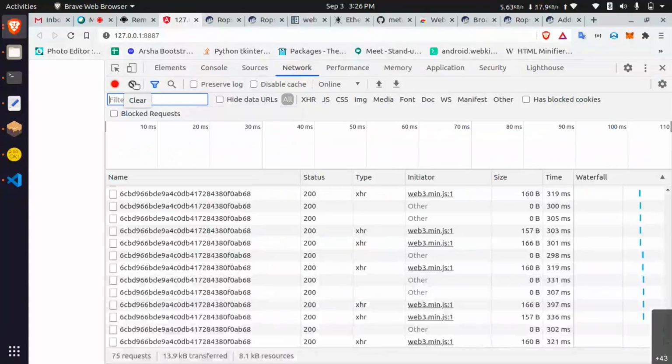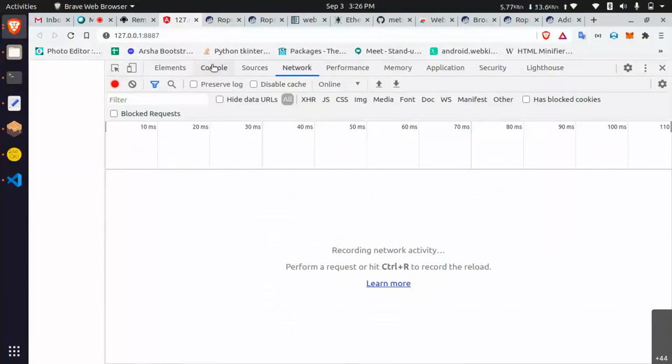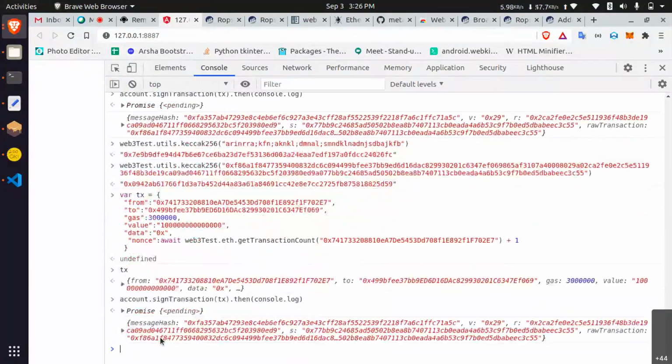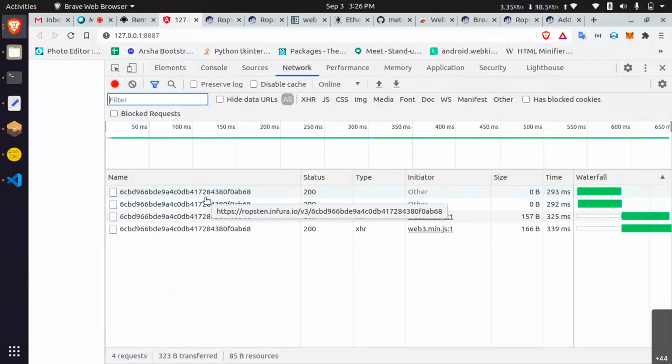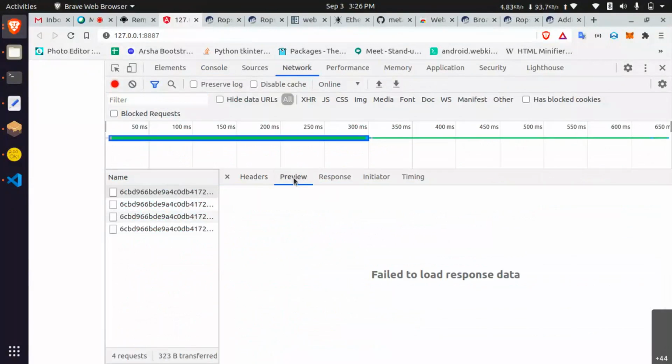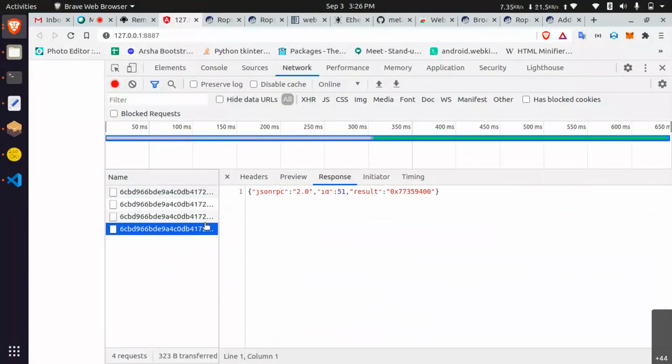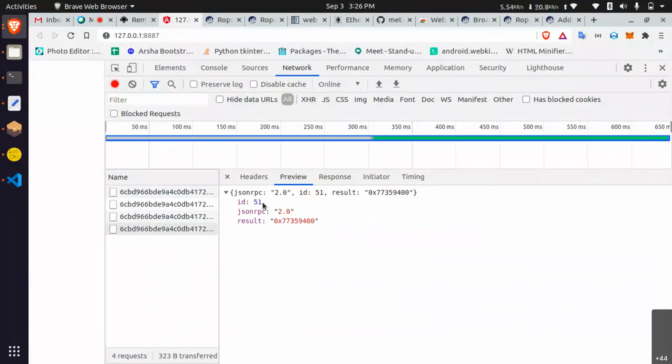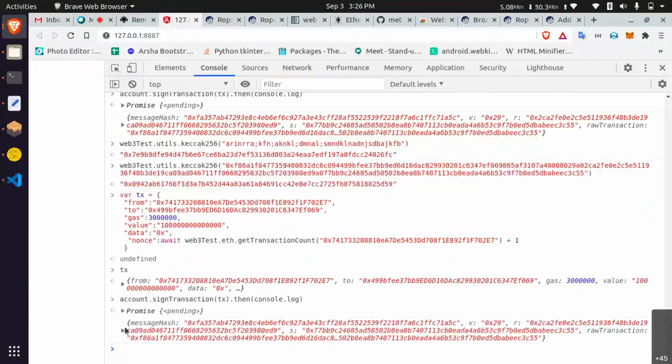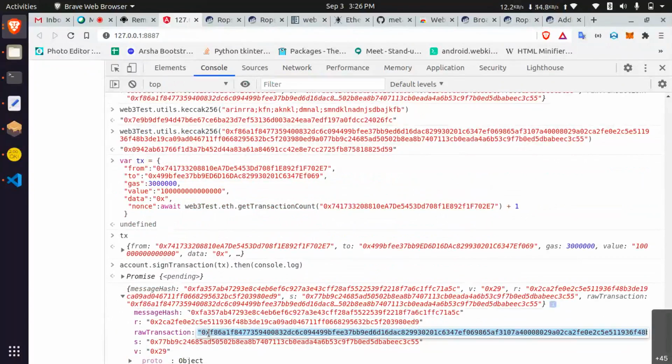Let's clear my network. In this network, you can see what activities I request and what responses came. Okay, and just click here. Then this is like Infura methods. Just checking that status in Infura, but signing will happen offline only. Once you sign this transaction, you just copy this, and then you can broadcast by your friend's system or anywhere, any public system also you can perform that broadcasting.